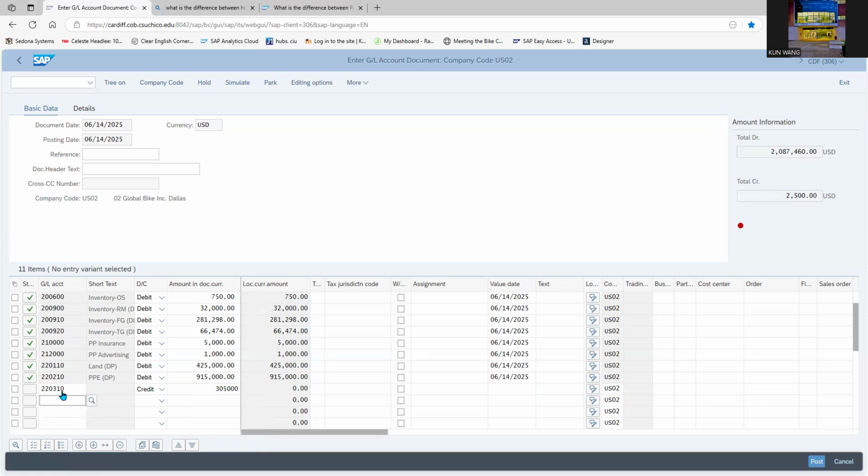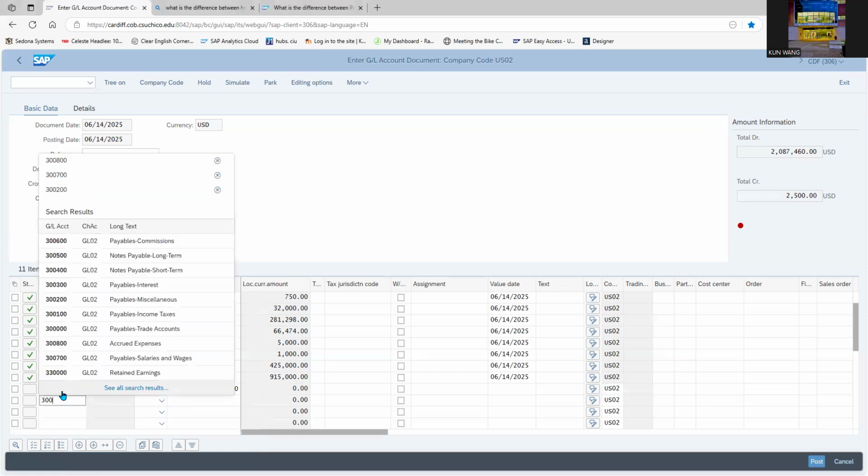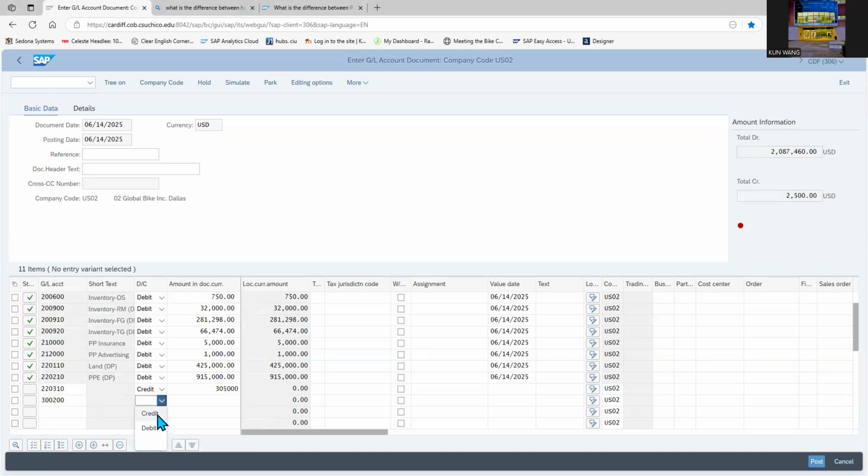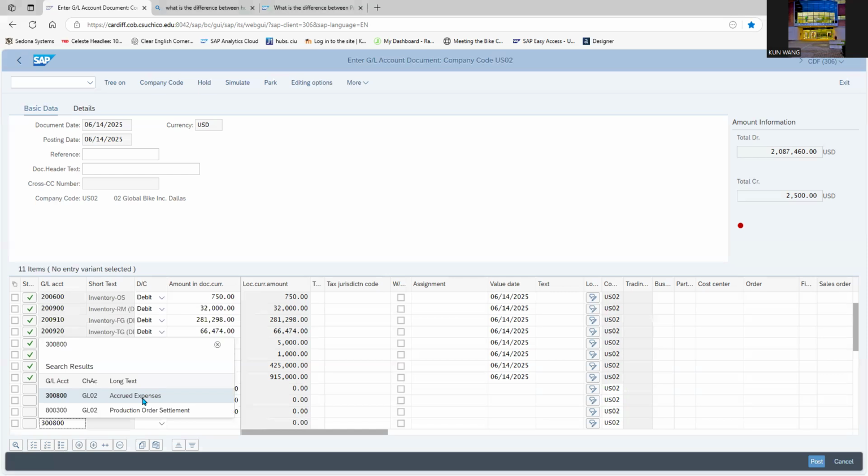And now let's move on to the liabilities. We start the numbers, change to 300, 200. Miscellaneous payables for 7,900. And then salary payables, credit for 110,000. And then accrued liabilities or accrued expense,